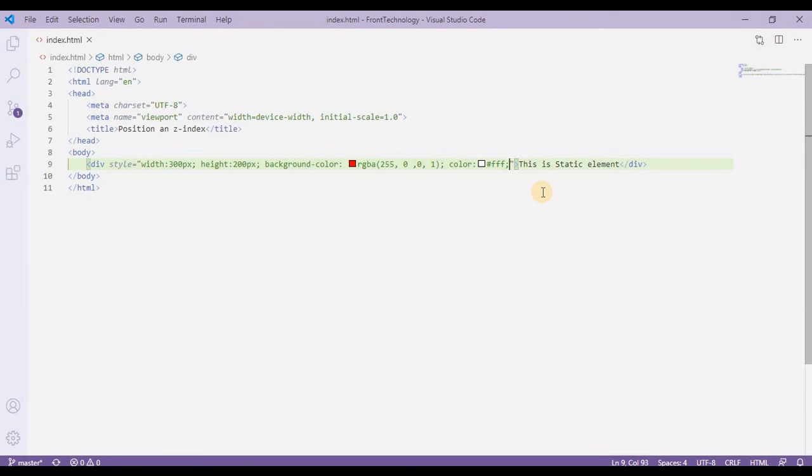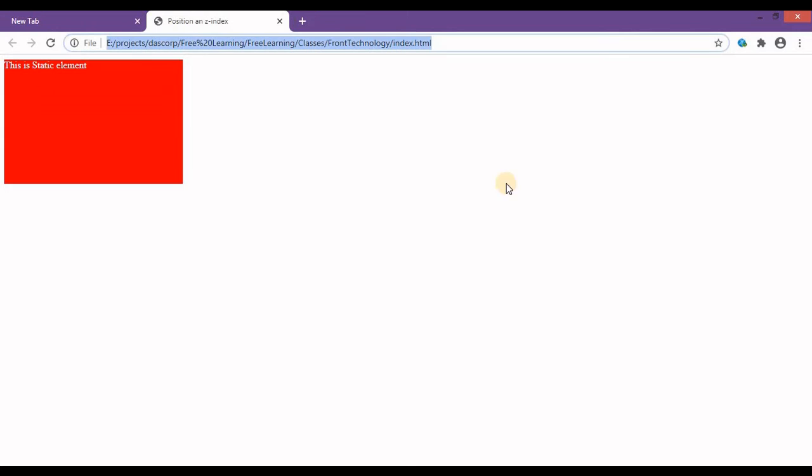Let's try with top and left. Top, I'll provide 20 pixels, and left I'll provide 100 pixels. Now let's go back to our browser again and see if there is any effect or not. Okay, so we don't see any effect from top or left. It is static all the time.